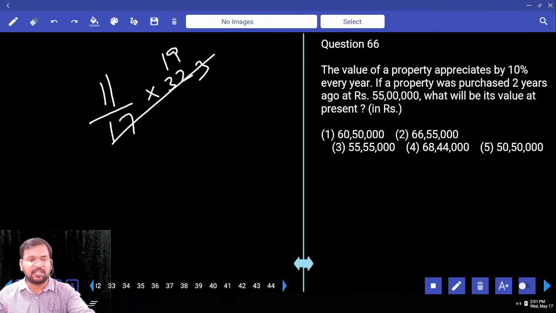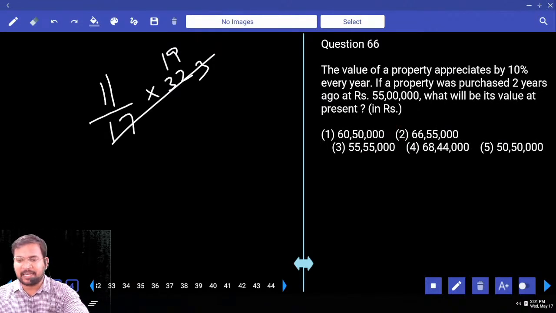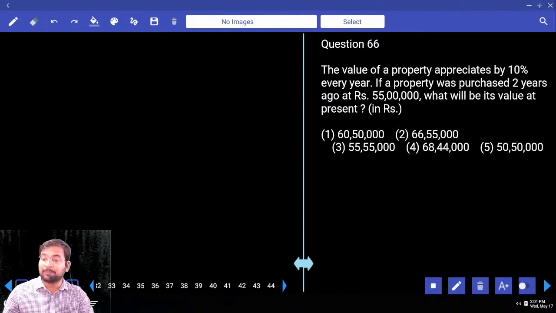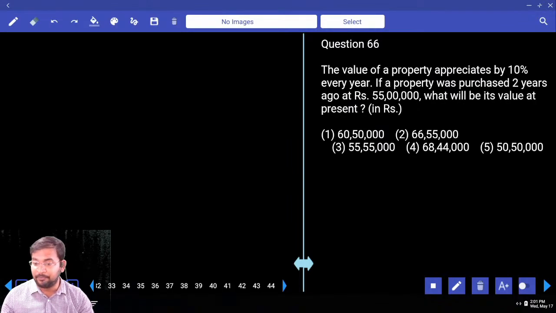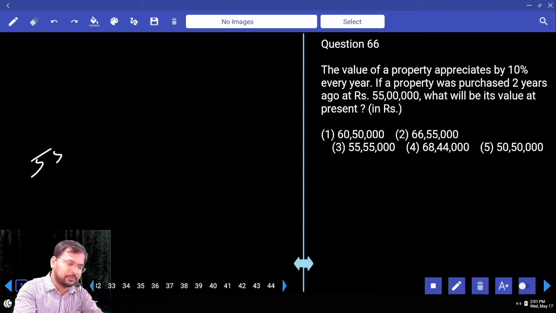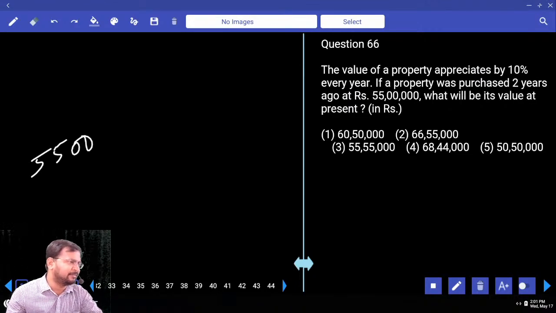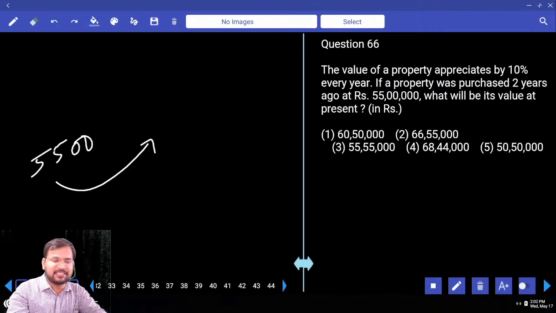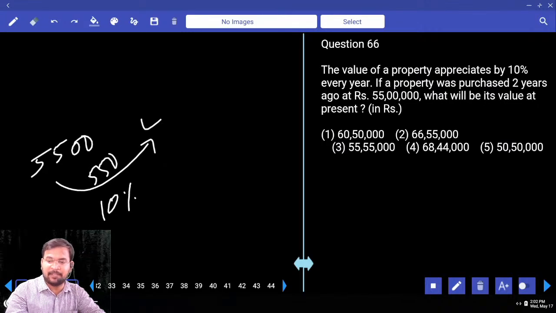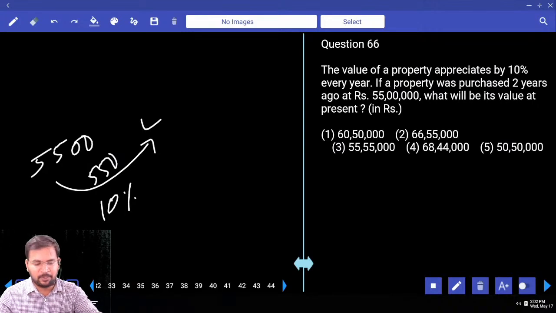The value of a property depreciates every year by 10%. The property was purchased 2 years ago at 55 lakhs. What will be the value at present? No problem. I am going to take 5,500. I will add some more zeros later. 10% depreciation is 550. If you subtract 550,